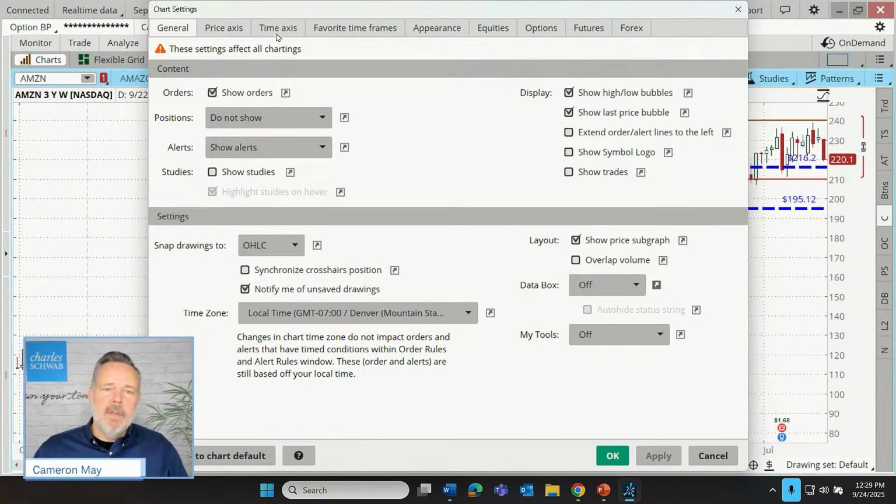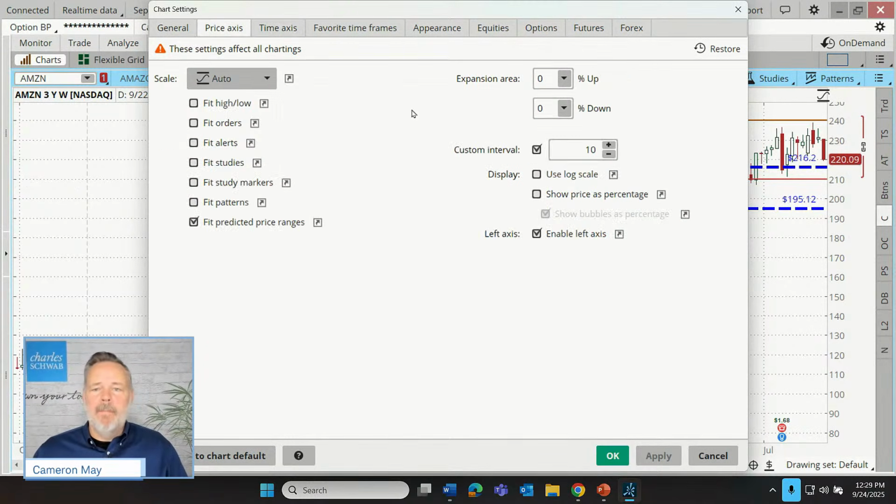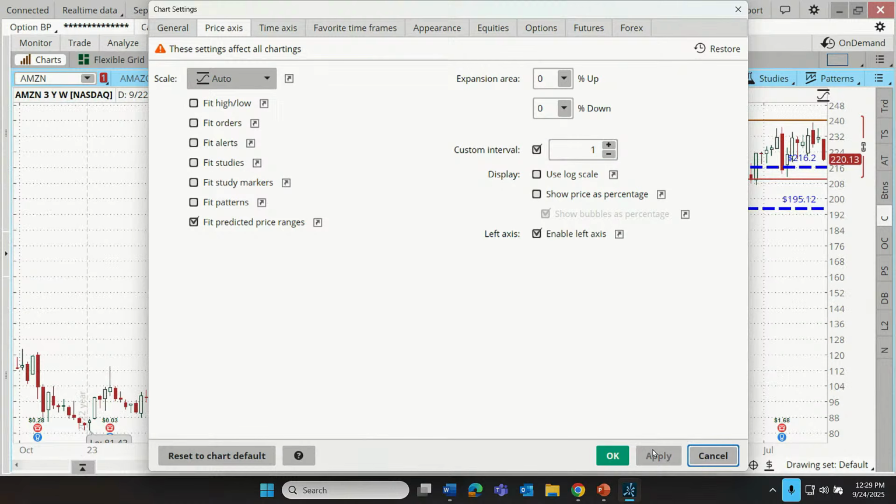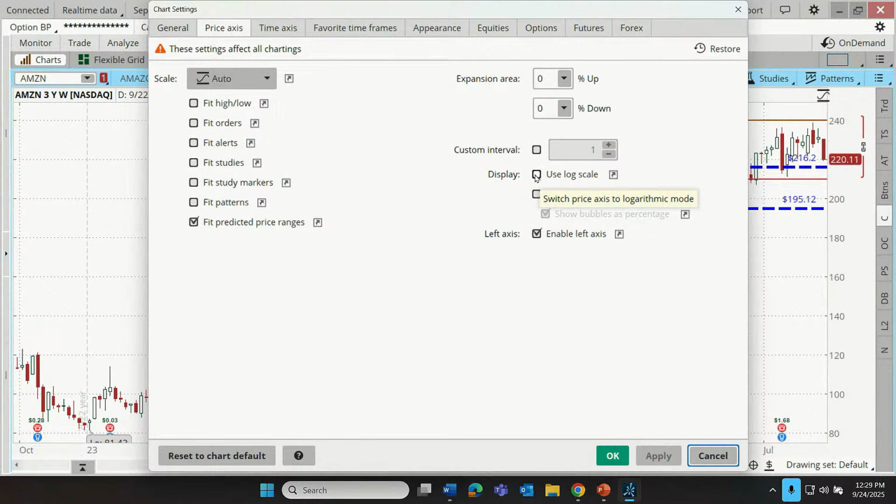So if I were to go to that custom interval, if I tried to say now, well, can we fit in $1? Do you think we can go from 80? Can we show 80, 81, 82, 83, 84, 85, 86? No, it's not going to work. But let's give it a try. Click apply. And Thinkorswim just did a calculation. It looks like it can fit in not every dollar, but every $8. That's the smallest increment it can fit here. I'm not going to put in custom intervals, though.